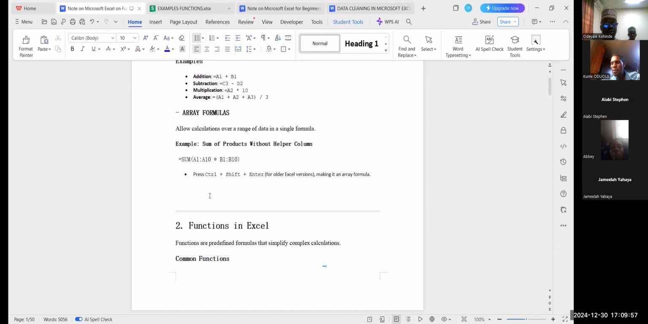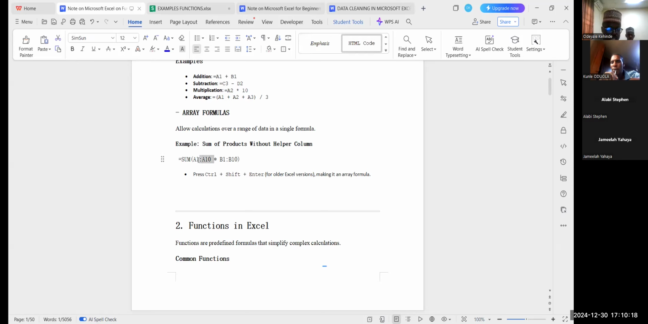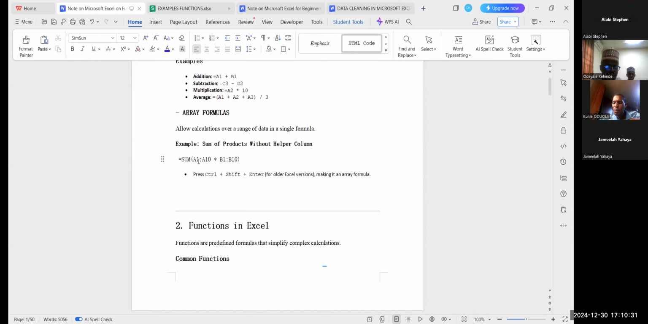Then we also have what we call array formulas. Array formulas involve performing operations on a range of values. Like now, this one equals sum A1 to A10. So this is an array, A1 to A10, that is a list of numbers. Because if you just use A1, that is a single value. But if you now have, okay,